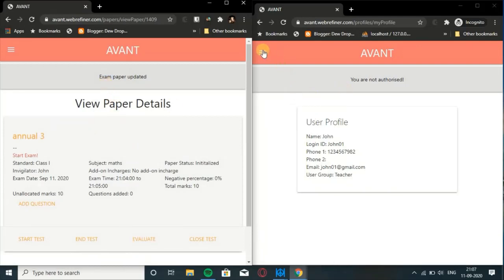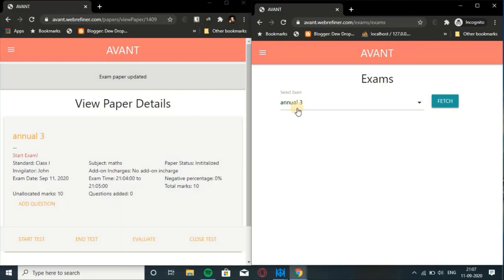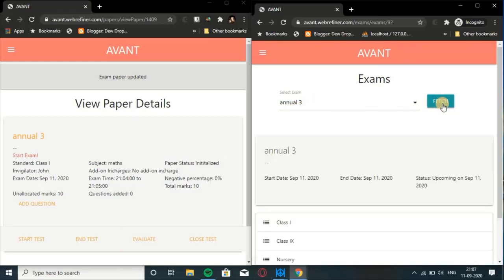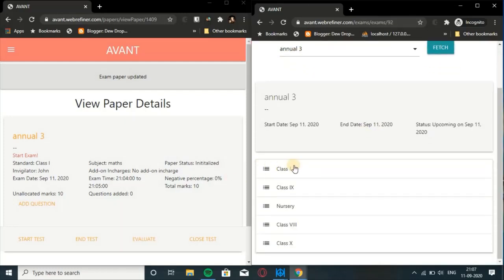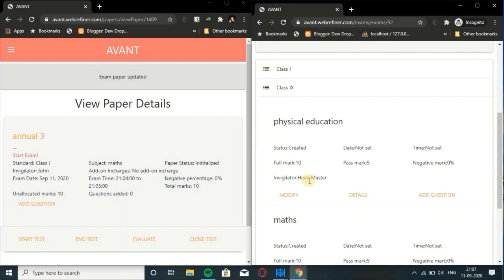Now let's go on to John's ID, view exams here, annual 3, the exam we just created. Now similarly, as you can see, there are multiple classes we had created before. As for the math exam, the invigilator is John, but for other exams, it's the headmaster by default.